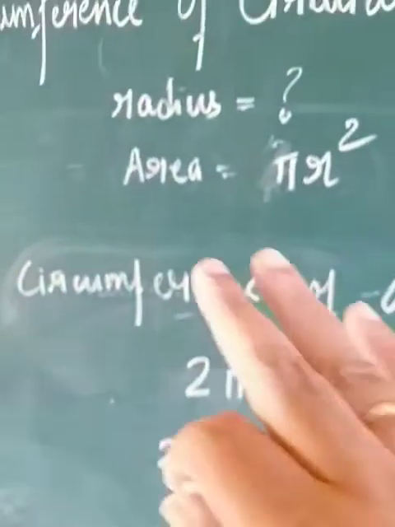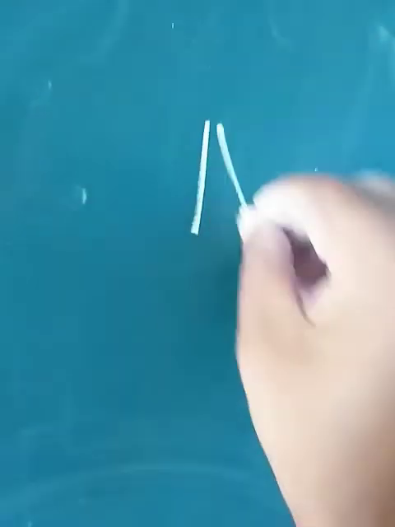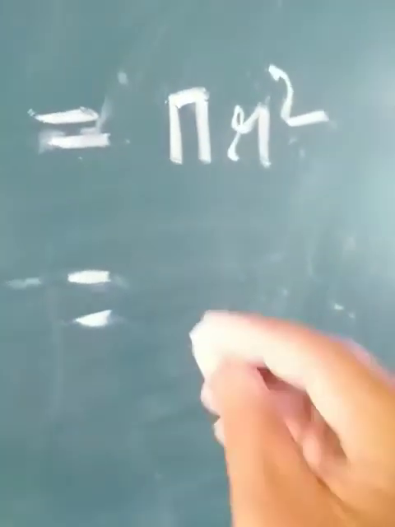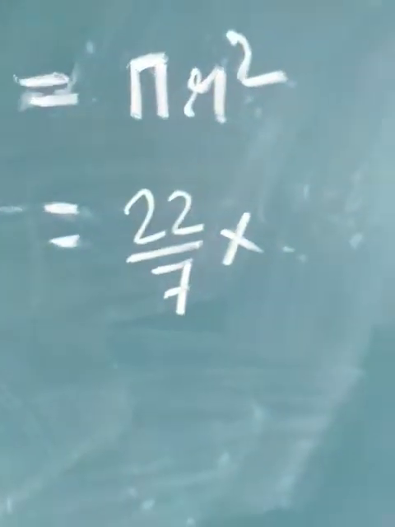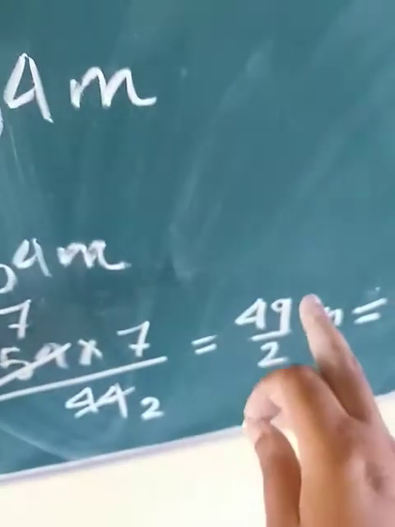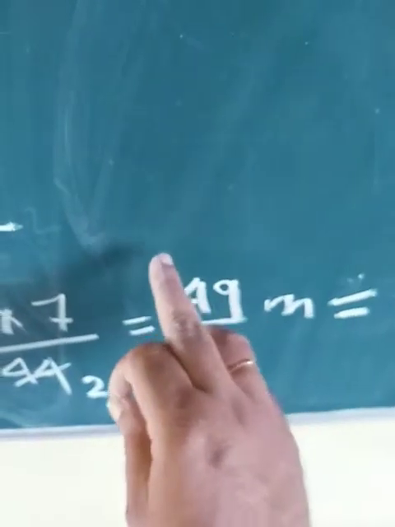Now what is the second part of the question? The second part of the question is area. You have to find the value of area. Before that we need to write the formula, that is area is equal to pi r square, isn't it? Now what is the value of pi? 22/7. Now instead of writing the decimal part, we can take this part also as a radius and this part also as a radius. So when you're going for a calculation, I will always recommend you to go for the fractional form. It will be much easier.